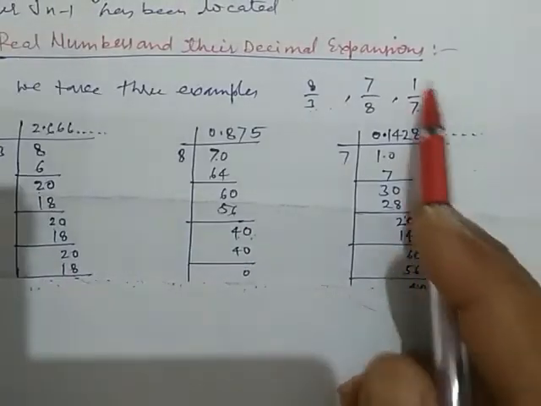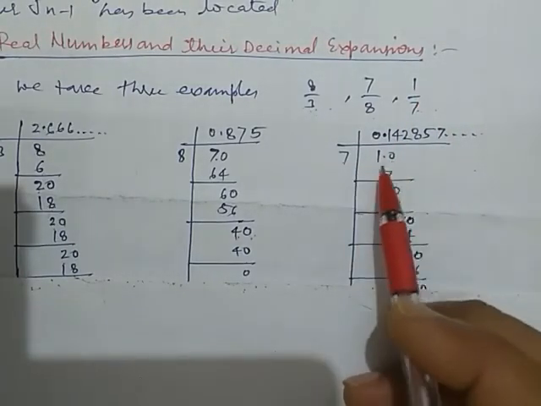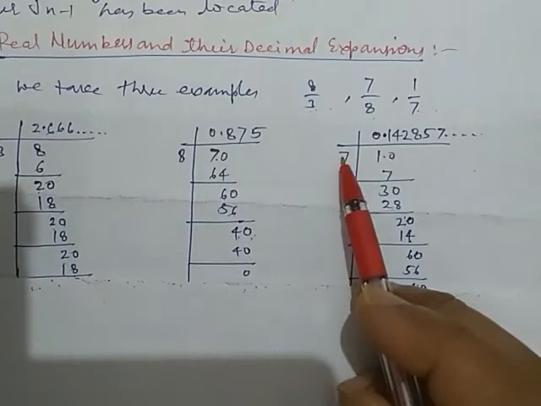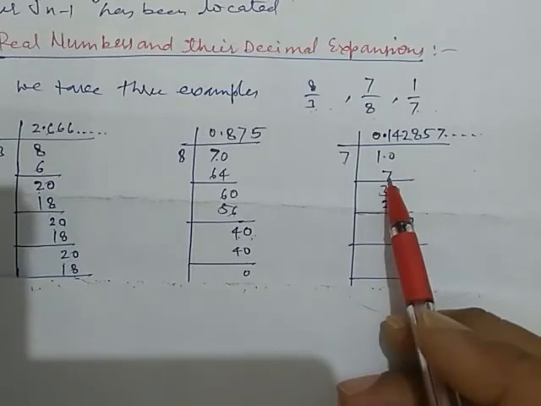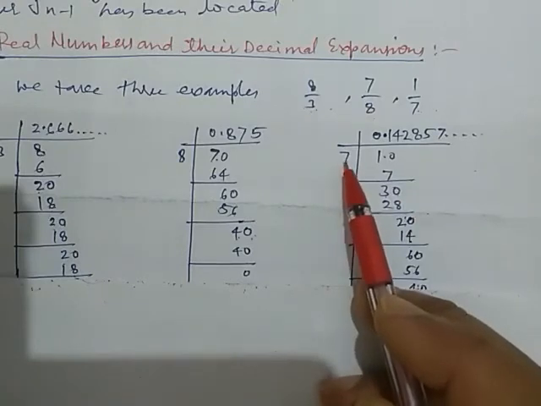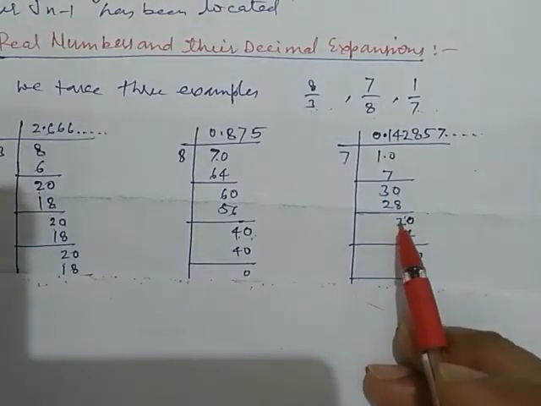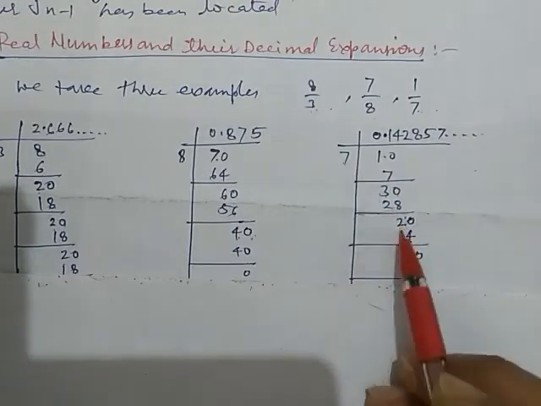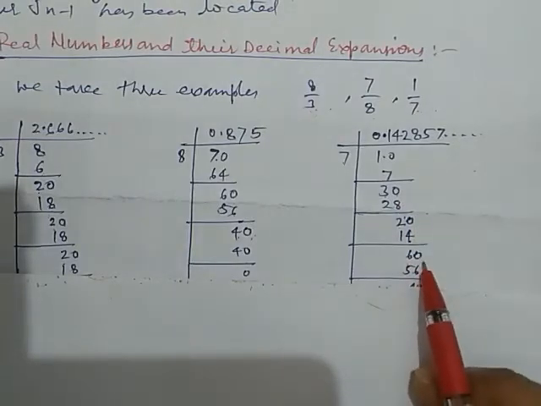Okay. Now we take 1 by 7. When we divide 1 by 7, what happened? First we put a decimal here. So this becomes 10. Now this divides 1 time. So 10 and here 7. 10 minus 7 is 3. Okay. This becomes 30. 7 4s are 28. So here 4 and we get 2 as remainder. Now this becomes 20. 7 2s are 14. So we put here 2. Now the remainder is 6. This becomes 60.